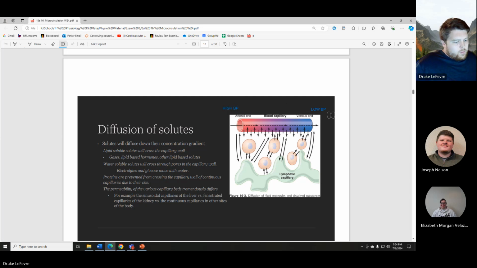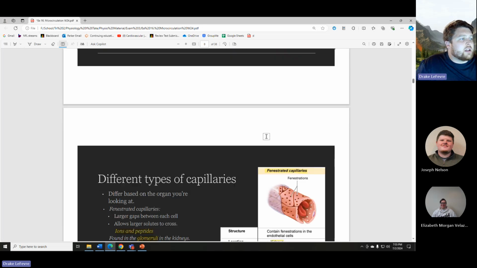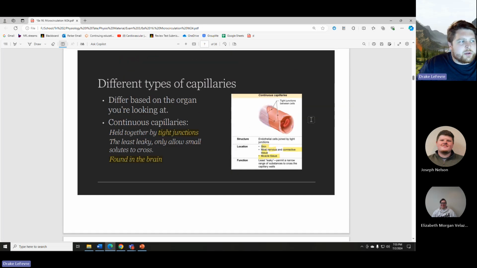low blood pressure on the venous side. When we talked about blood pressure, we referred to it as the pressure that the blood is pushing against the walls of the vessels. So the amount of pressure that the blood is exerting and pushing onto the vessel walls. And with the capillaries, we have these little openings. So even our continuous capillaries have these little openings. If we're pushing pressure